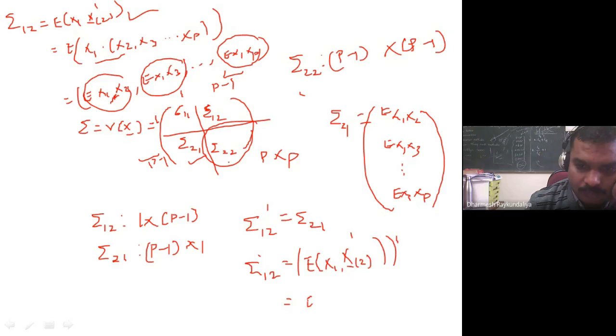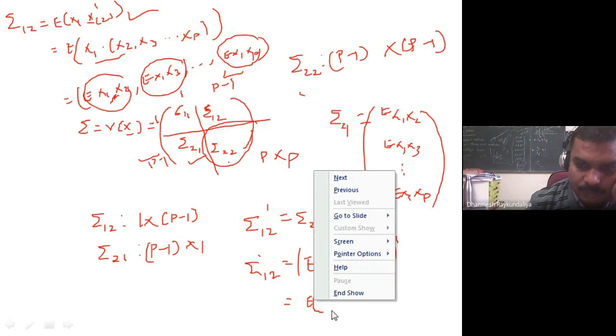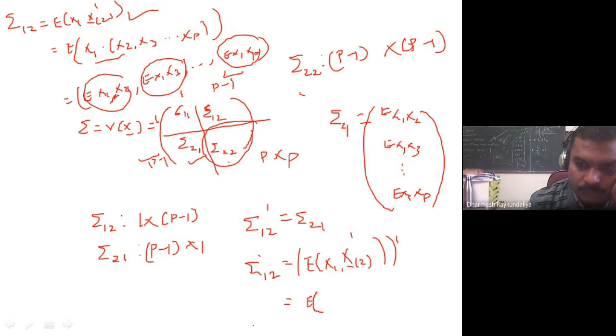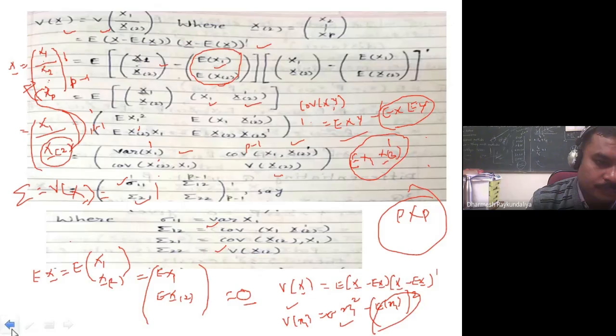and that is nothing but expectation of, जो सेकेंड स्टेप है वो पहले आ जाएगा, तो वो उसका x2 ट्रांसपोज का ट्रांसपोज, it is x2 and x1 transpose is a scalar, x1 is a scalar, तो उसका कोई ट्रांसपोज नहीं होता है, is this, and it is sigma 21. तो जो अर्लियर स्लाइड में मैंने लिखा था, it is not the transpose. ओके, यहाँ पे समझ रहा है रिटर्न, this is correct, ये मेरी गलती थी, तो काइंडली करेक्ट दिस।